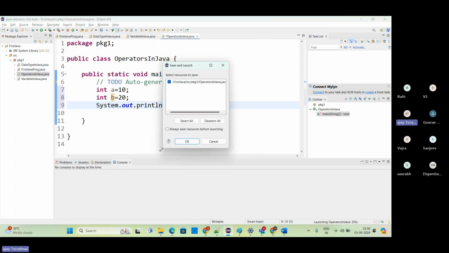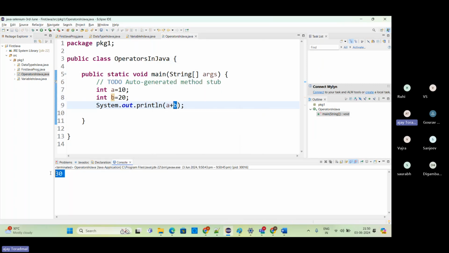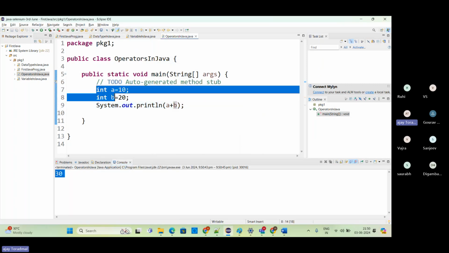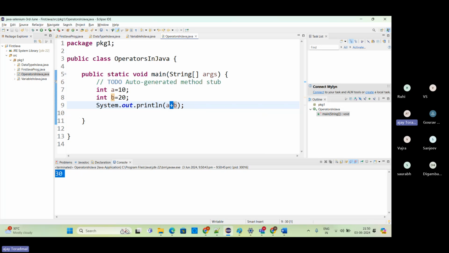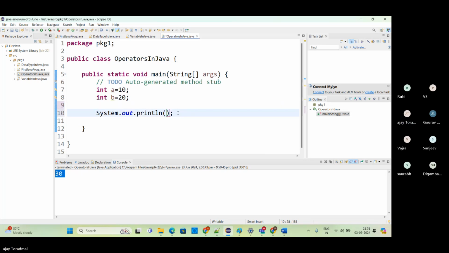So let's print. Basically it's doing the addition of these two numbers. Addition of two numbers. Why? Because we are using the plus operator. Now with the plus operator, we can also do the concatenation of two strings. When the string topic starts, we will learn this particular topic in detail. But at a high level, suppose I'm having two strings. For example, here I'm having one string, hello